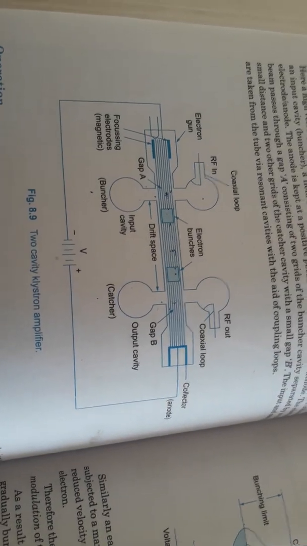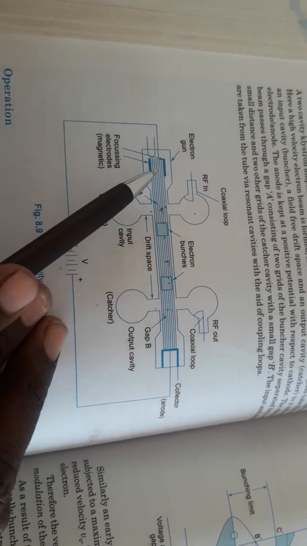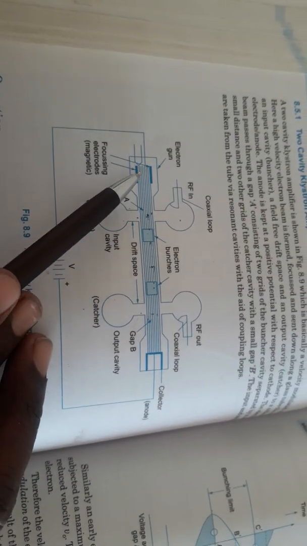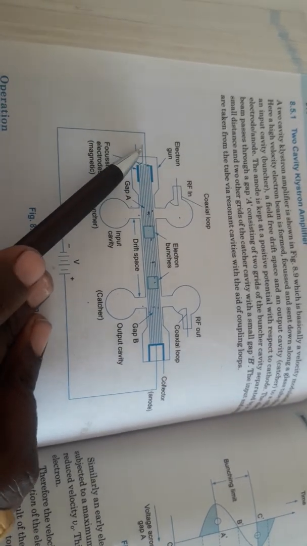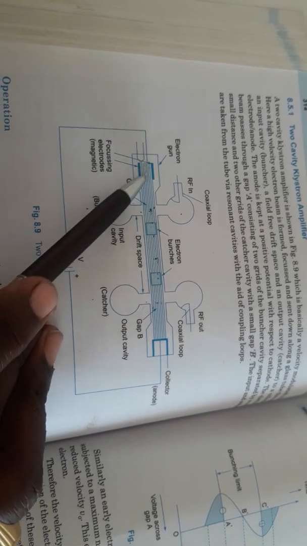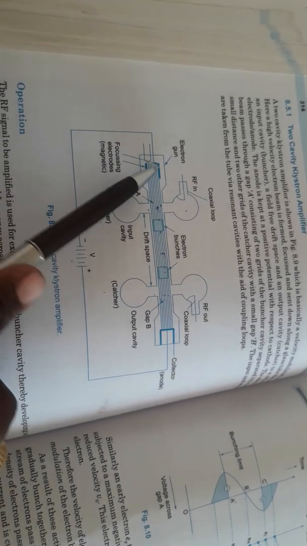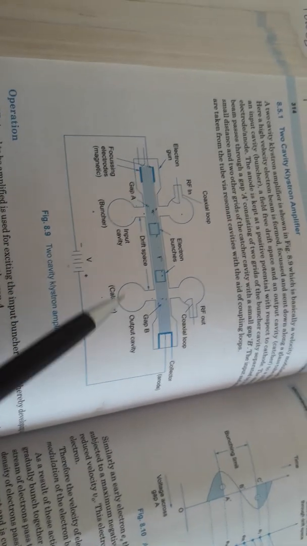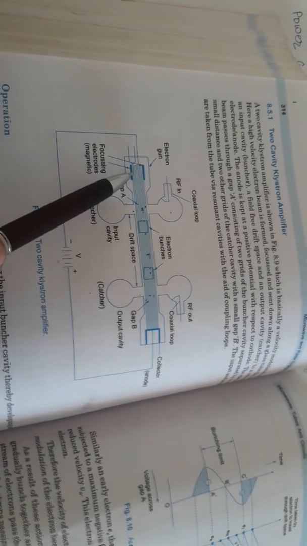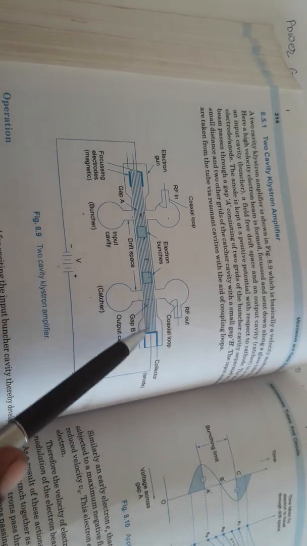Now if you are observing here, we are observing the electron gun. This electron gun acts as a cathode, and whenever some kind of AC voltage is applied to the plate of the electron gun, the electrons are emitted, right? So the function of the electron gun is to generate the electrons, right? Now these generated electrons will be propagated or passed through this tube.